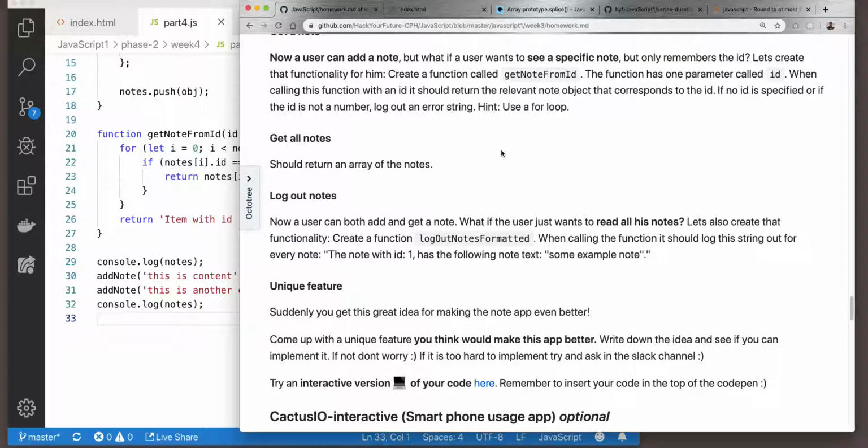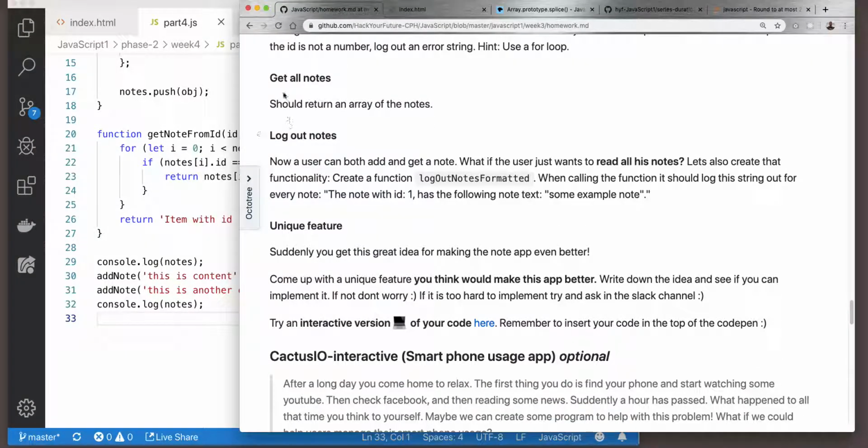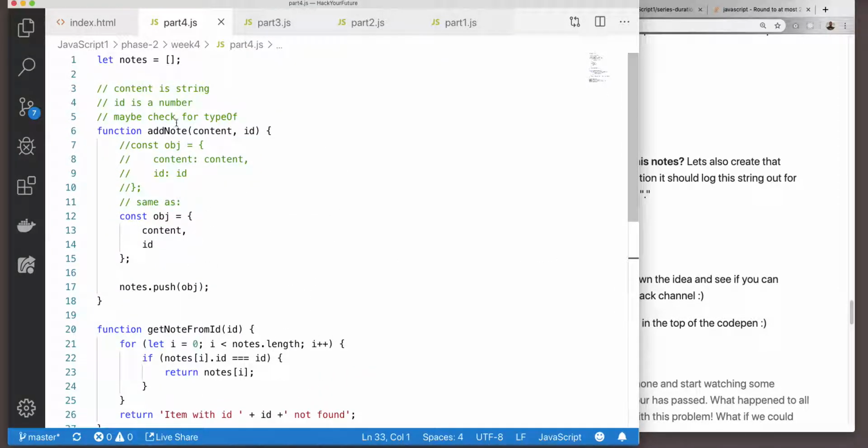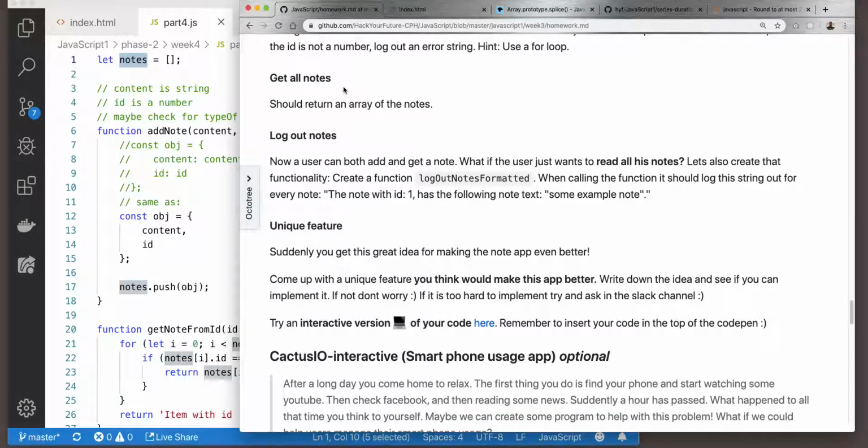Now the user can note and see the specific note, but only remember the ID. Let's create a functionality for him. Yeah, this we did. Return an array of notes. Again, this might be a little bit of a weird one